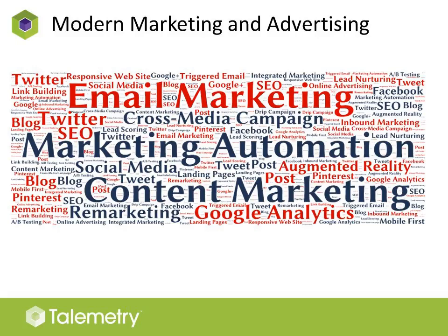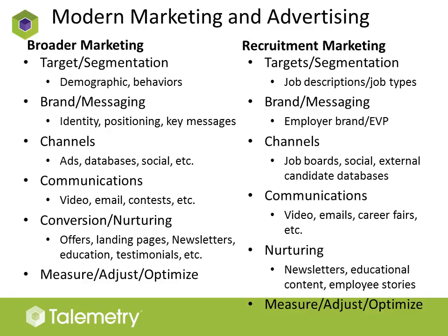So just to prove it, I put together a slide that shows on one side the broader marketing steps that I talked about just now, and how they map to recruitment marketing. As you can see, we look at targeting and segmentation. In the broader marketing world, we segment by demographics and behaviors, et cetera. And in the recruitment marketing world, we have these great things called job descriptions with the type of job and job categories and skills and competencies. So you've got a great way to target and segment your best